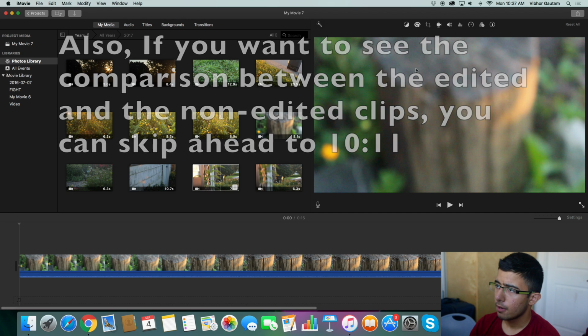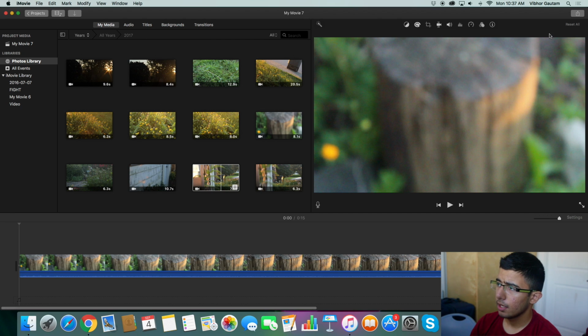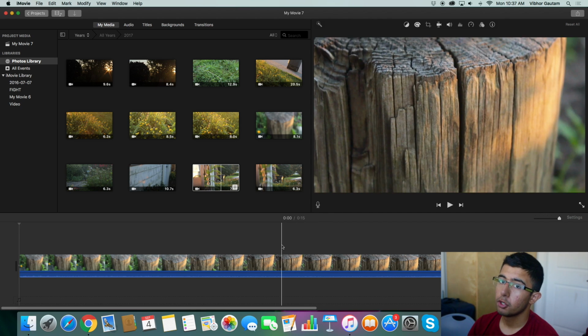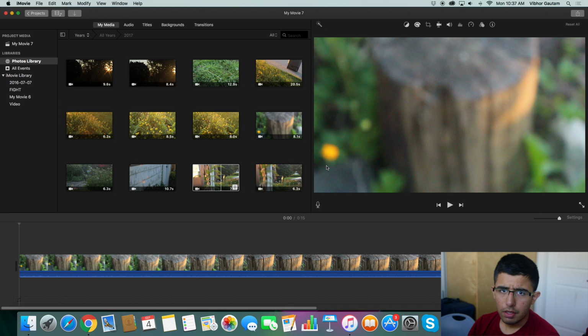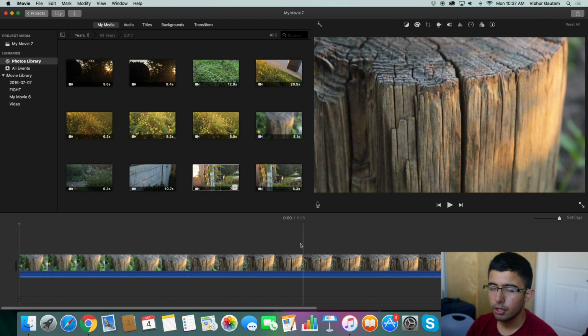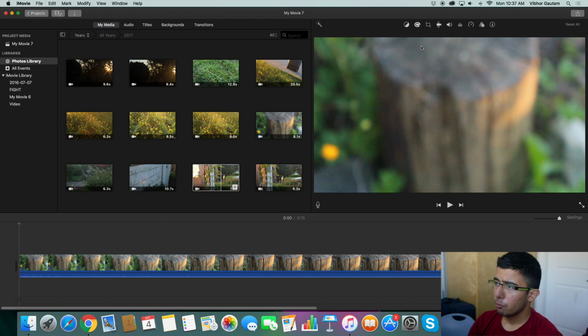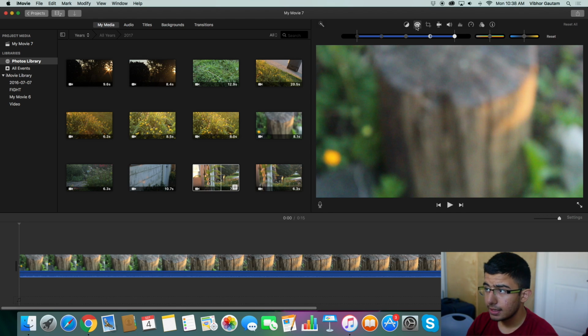Now if you look up here, you can see that there's a huge palette. These are all the editing tools that you can use to make your footage look better. The one that we're going to be using today is this one right here. It's called color correction, and what this does is makes the colors in your footage pop out. So what you want to do now is click this,